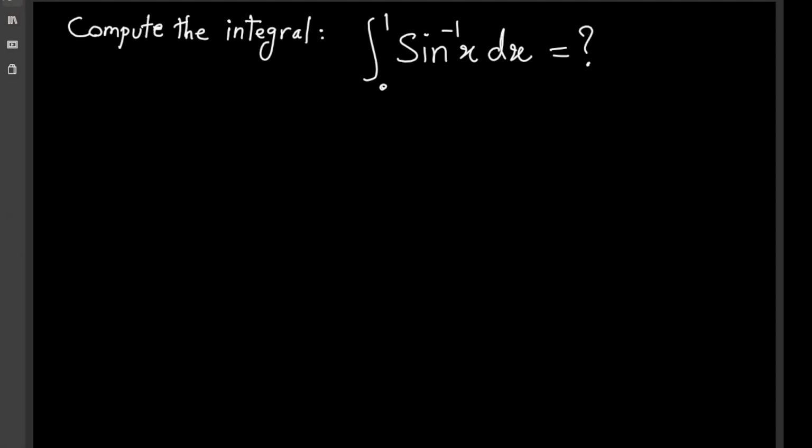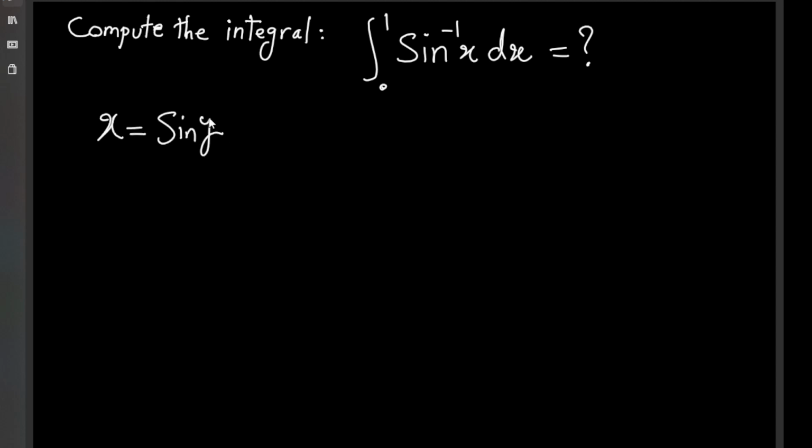In this example, I would like to show you how to compute this integral from 0 to 1 of arcsine of x dx. It's not easy to deal with sine inverse or arcsine function inside an integral, so the best thing to do here is to do a change of variable. And to get rid of the arcsine, a good change of variable would be this, x equal to sine of